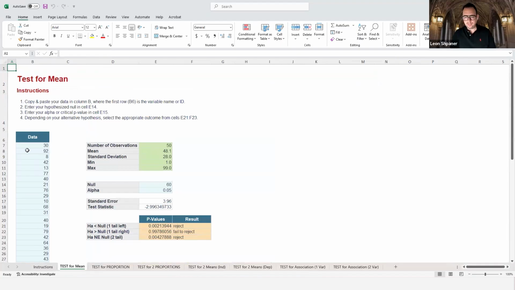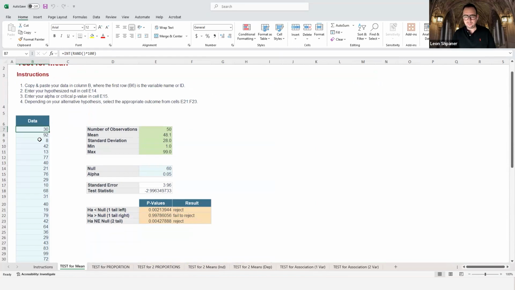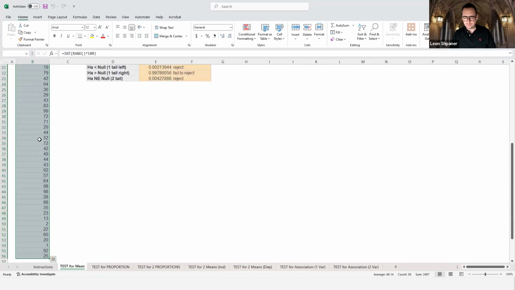All you have to do is pretty much select your data. You plug it in here in column B, copy paste it, and it's just one column. So if you garner a very large data set with a lot of columns and a lot of rows, you just pick the column that you're looking to set up the test for. And once you place your data in column B, notice how it's more than 30 observations. We have